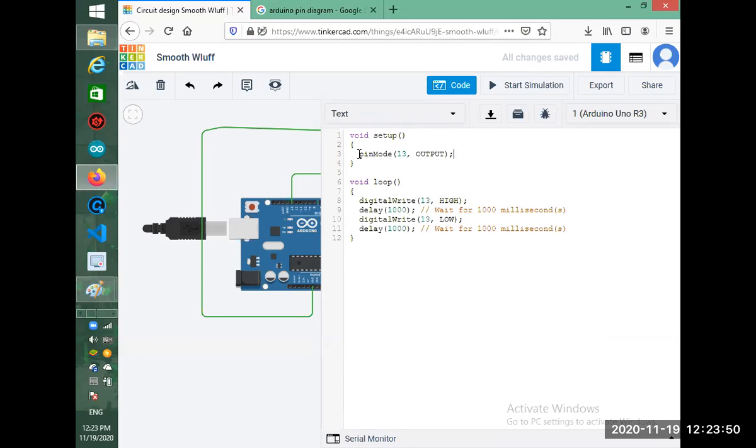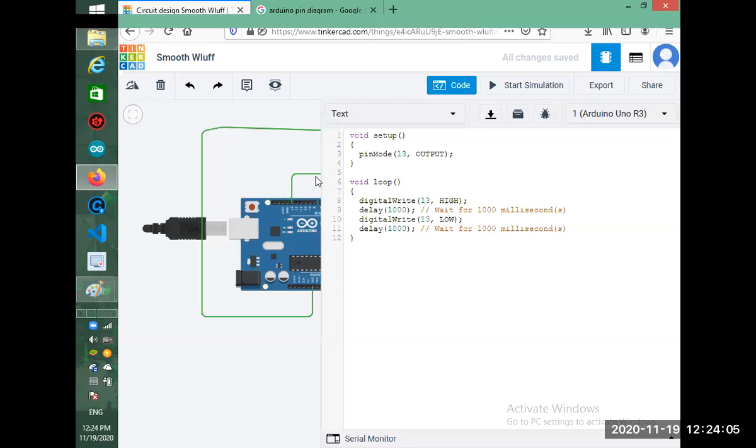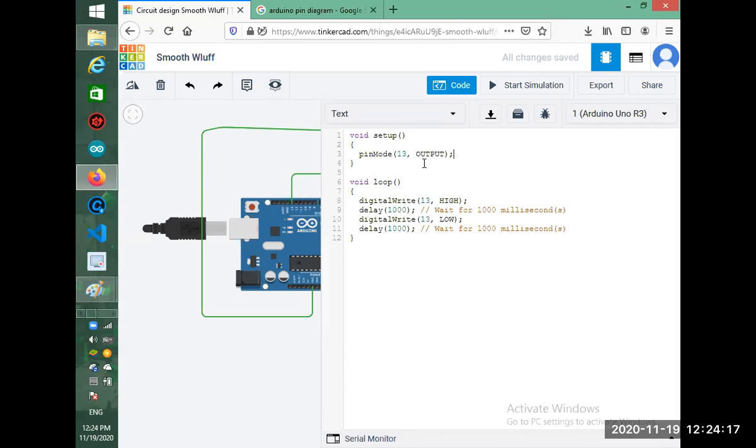What we will do here is set the pin. We are connected with pin number 13, and we are telling the Arduino that we have taken this pin as an output, so we will transfer a signal from it. We tell the Arduino one time that it is an output pin and we are going to use it. So the task of void setup is over, and then we have a void loop.